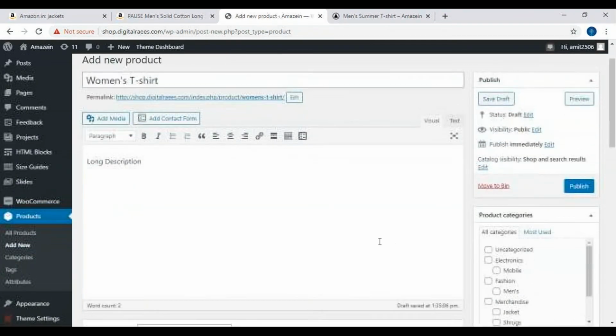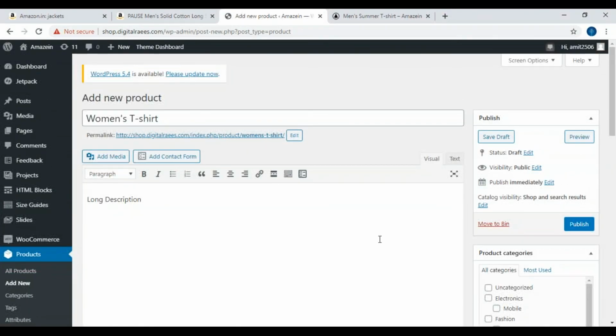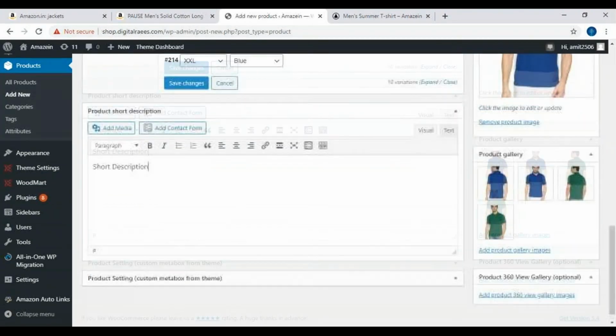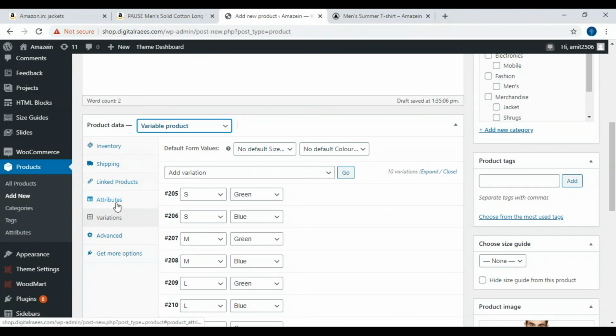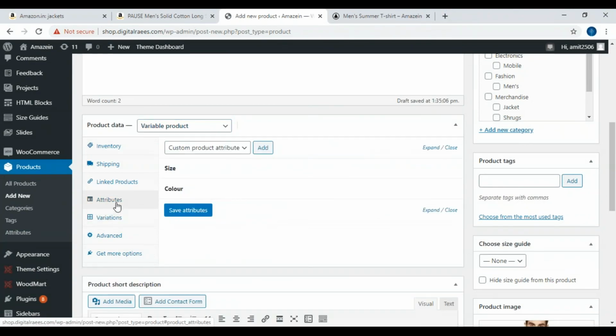Okay. So once again, quickly I will revise. Just see here properly. First thing is you have to put the title, long description, short description, and then you have to come here product data, and you have to select as variable. After selecting this variable, first thing is you have to create attributes.